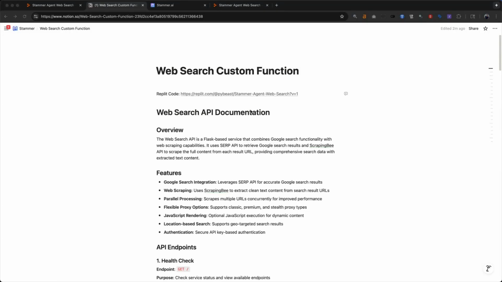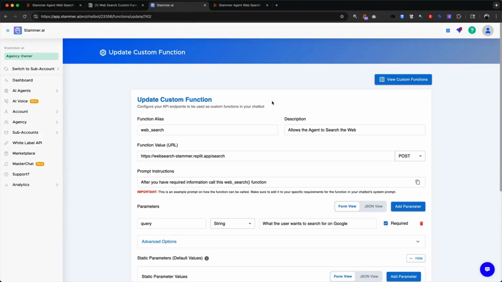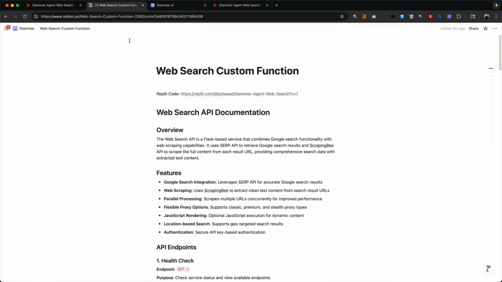Okay, so what we are going to be doing in this tutorial is showing you how you can set up a Stammer agent to be able to search the web. Now to do this, what we are going to be doing is using Replit.com to deploy some middleware that will actually handle doing the web search for us. And then we are going to combine that with a Stammer custom function using our custom functions capability to have the agent call the custom function, which will then use this middleware to search the web and return the results